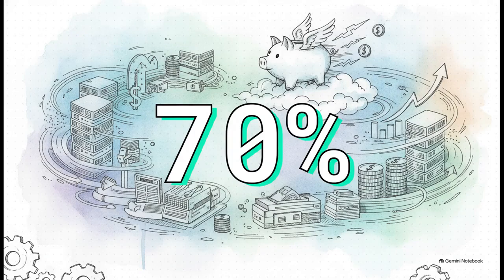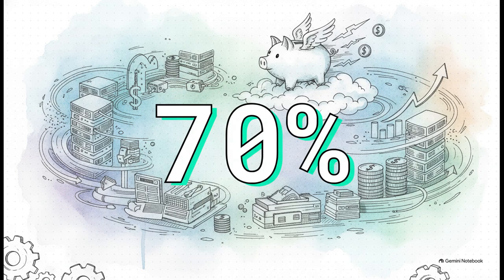Here's a quick pro tip that will make your CFO very happy. When you're managing all this infrastructure, compute costs for training models can skyrocket incredibly fast. But if you utilize spot or preemptible compute instances for those heavy training workloads, you can actually generate up to 70% in cost savings. That is a massive win for the IT budget and something every MLOps team should absolutely